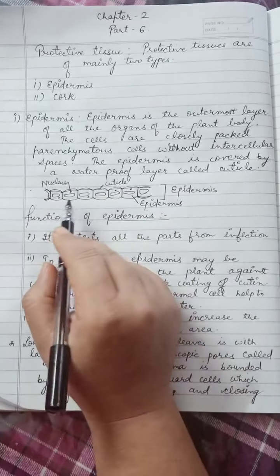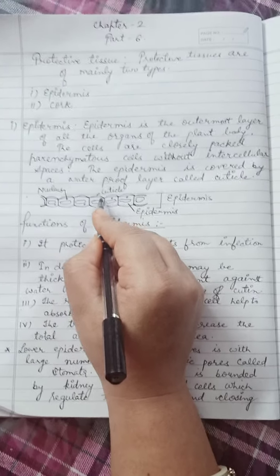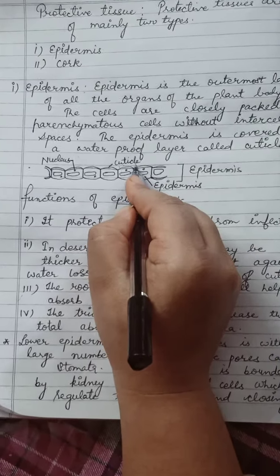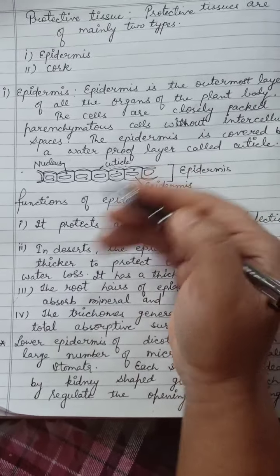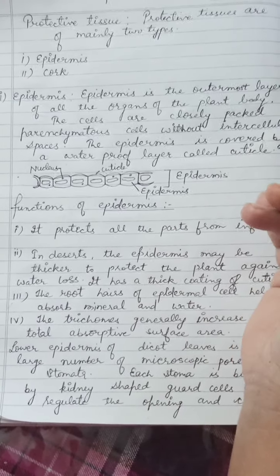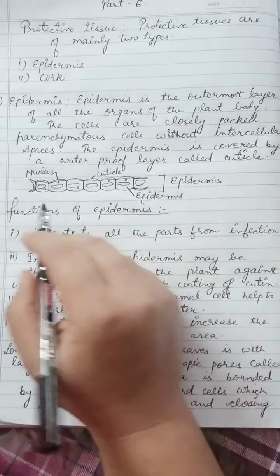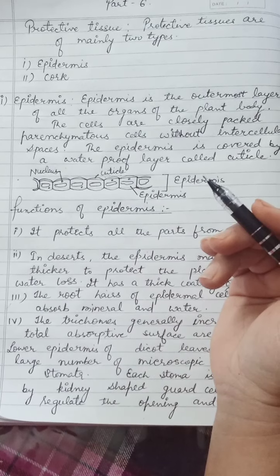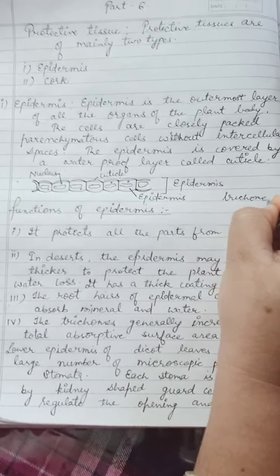You can see here the diagram. This is the diagram of epidermis, and you can see this layer, it is a waterproof layer, and this is known as cuticle. Mainly the cuticle is made up of a waxy substance that is secreted by the epidermal cells, and most epidermal cells are flat, and their outer side and side walls are thicker than the inner walls. The epidermal cells have long hair-like parts called trichomes. What are they known as? They are known as the trichomes.